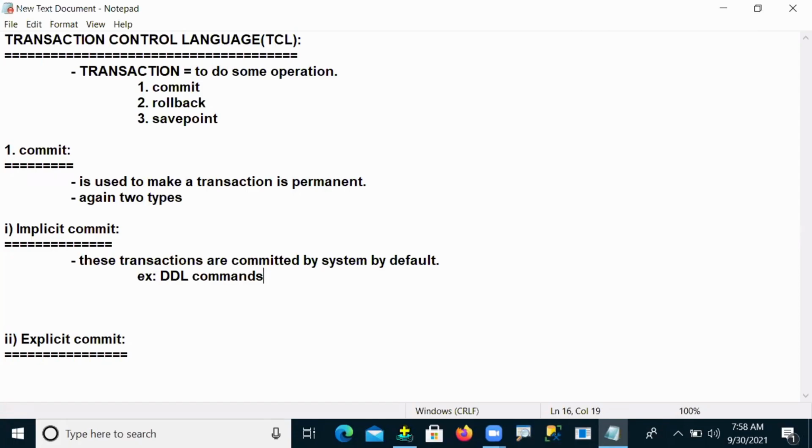That means when you perform a DDL operation over the database, the user has no need to commit explicitly. The user doesn't need to take any responsibility here, because these commands are automatically committed by the system. Understanding now?